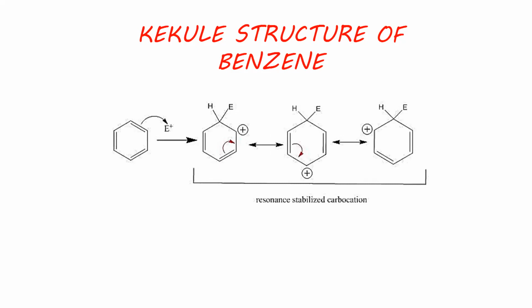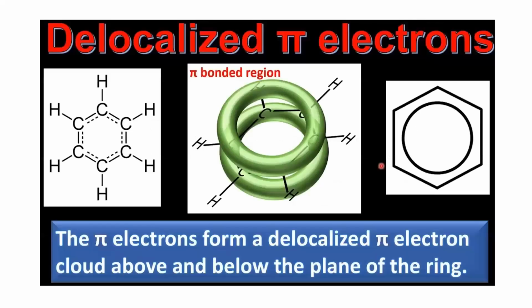The Kekulé structure indicates the possibility of two isomeric 1,2-dibromobenzenes. In one of the isomers, the bromine atoms are attached to the doubly bonded carbon atoms, whereas in the other they are attached to the singly bonded carbon atoms. Now this is what we have, the modified structure of benzene, and we can give the resonance stability of the benzene.